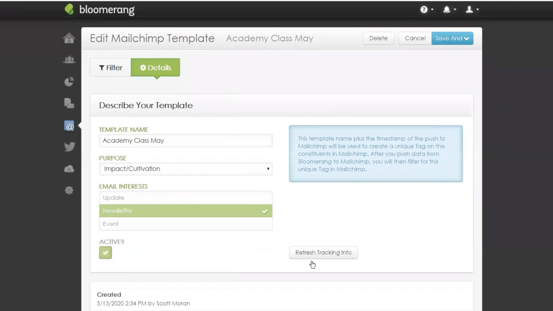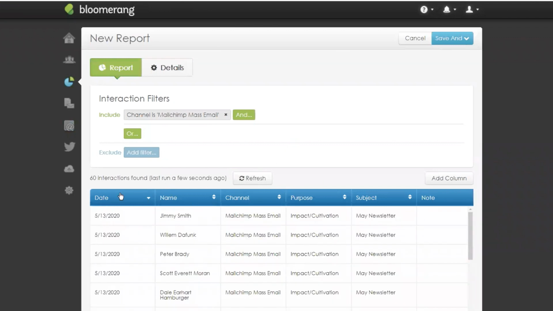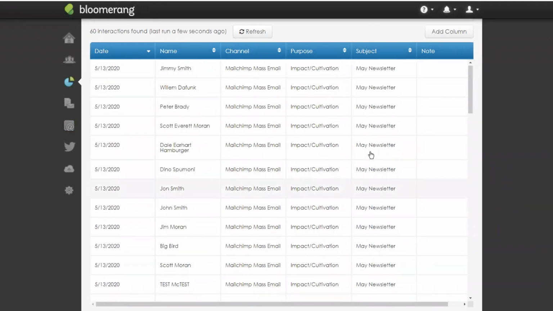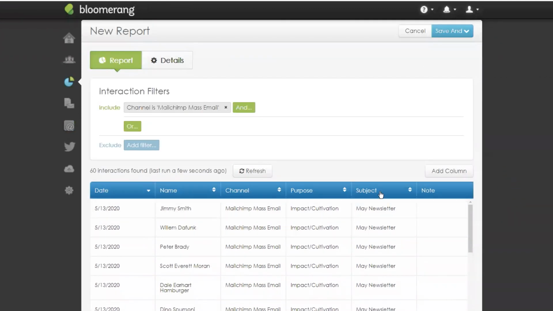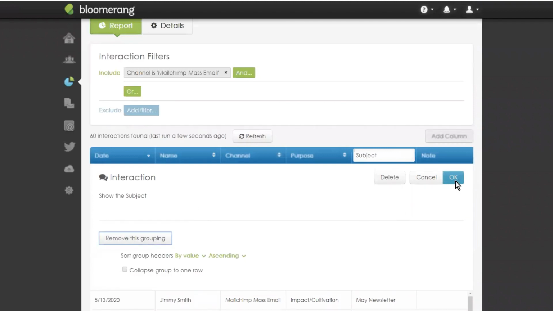And if I wanted to, again, I could refresh the tracking info here. So now if I go back to my report, I can probably hit refresh. There we go. So now we can see my interactions jumped up another few numbers. So in this case, what I could do is, let's say I wanted to group these by the subject, I could always click subject and group by this column, so I could see how